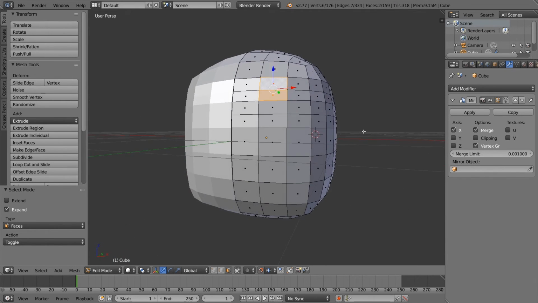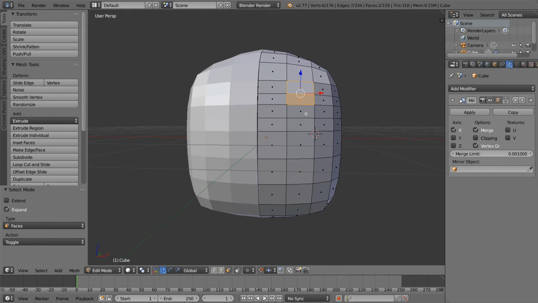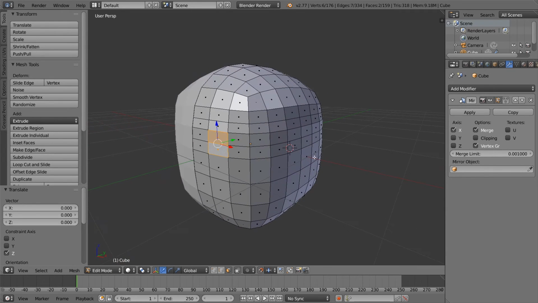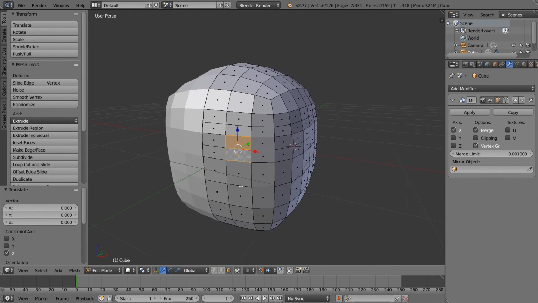Alright, so maybe you can select this face and this face. This is better for the eye. Alright, I'm just gonna move them a little bit up. Let's say if I can move this a little bit up. Yep. Alright, so now I'm gonna click on this extrude region, and then